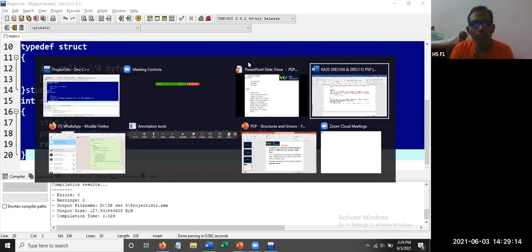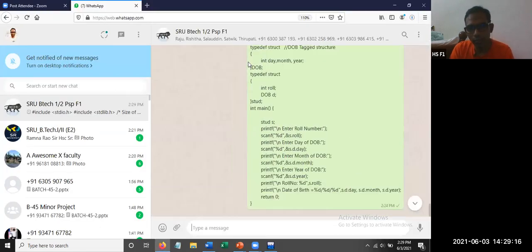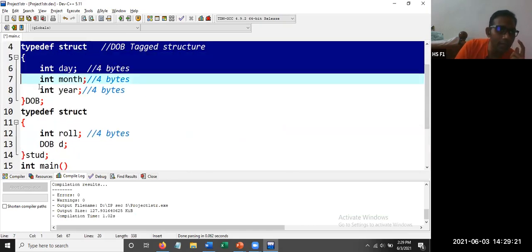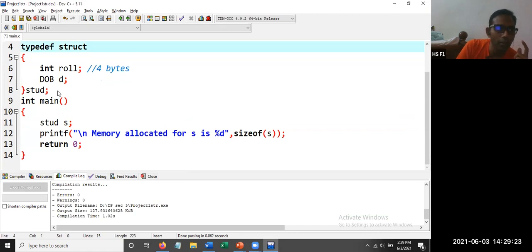So let me copy paste. Great going. Now tell me what will be the size printed for this particular structure. I'm removing this date of birth.